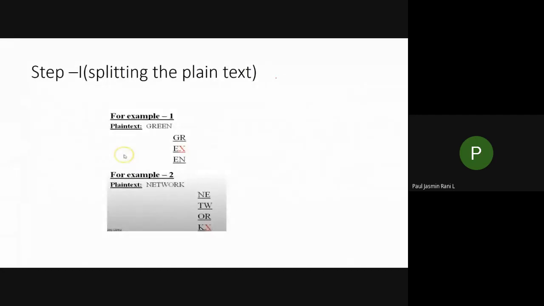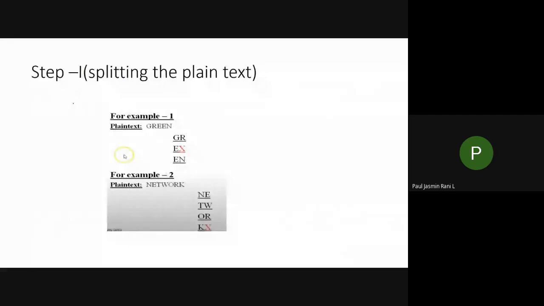So basically you have three steps. You have to follow three steps in order to do your encryption technique. First let us concentrate on encryption. You all know that encryption happens at the sender side and decryption happens at the receiver side. So first step: when the plain text is given, you have to split the text into pairs.